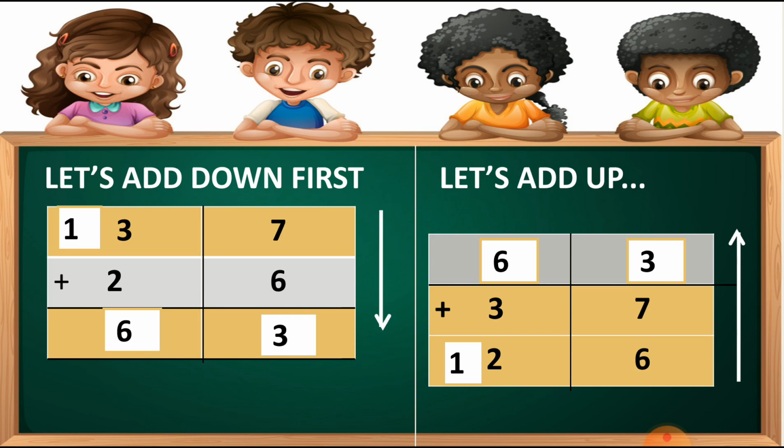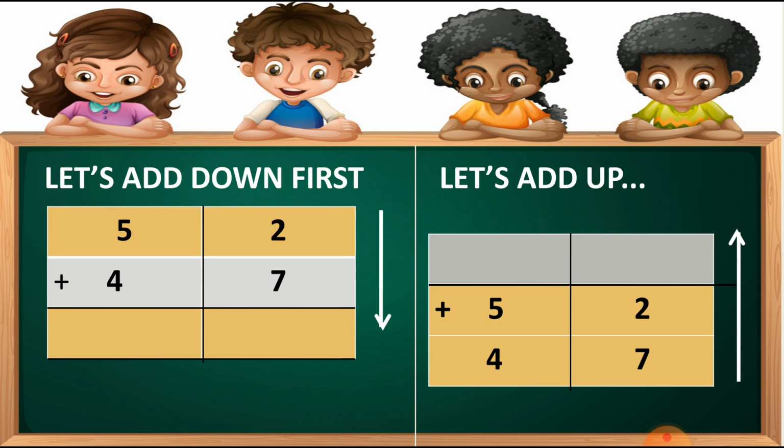So then and only then your answer will be right. Now let's move to the next, which is 52 plus 47. Let's add down first in this. So 2 plus 7 at the ones column. So the answer is 9. So I write number 9. You also have to write down the sums with me, students, so you will understand this better. Now the tens column here, which is 5 plus 4. So the answer of this column is 9. 5 plus 4 is equal to 9.